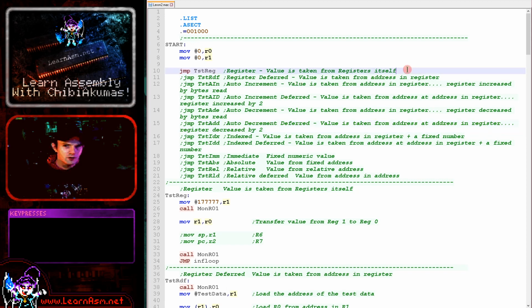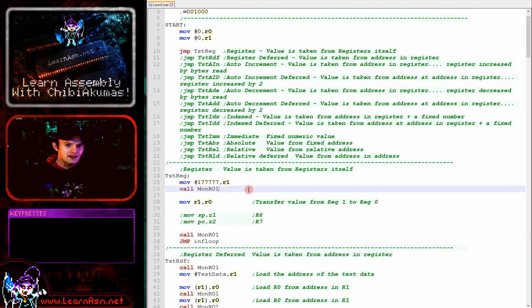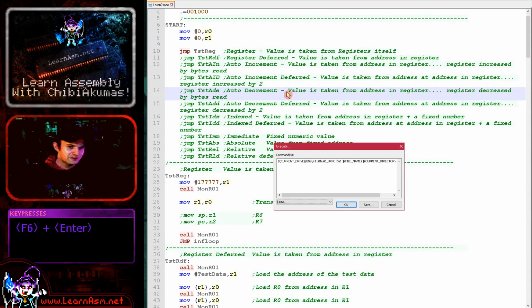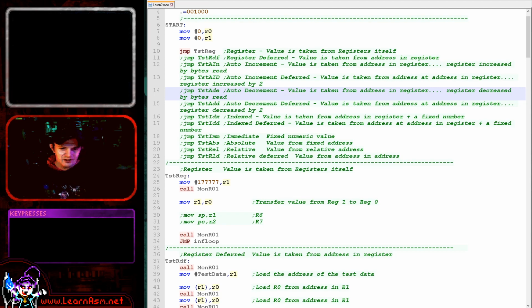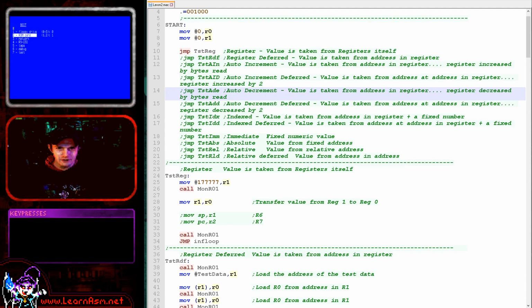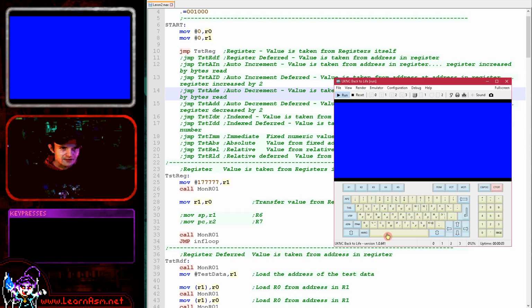Okay, so the first mode we're going to be looking at today is register addressing. So let's have a look at that. You can see it just here. Now, this is really the absolute most basic. We did see it last time. This is where we are using the values held in registers. Here's our emulator just starting up. A bit small, I apologize for that, but you can see here that we've loaded a fixed value, an immediate value, so to speak,